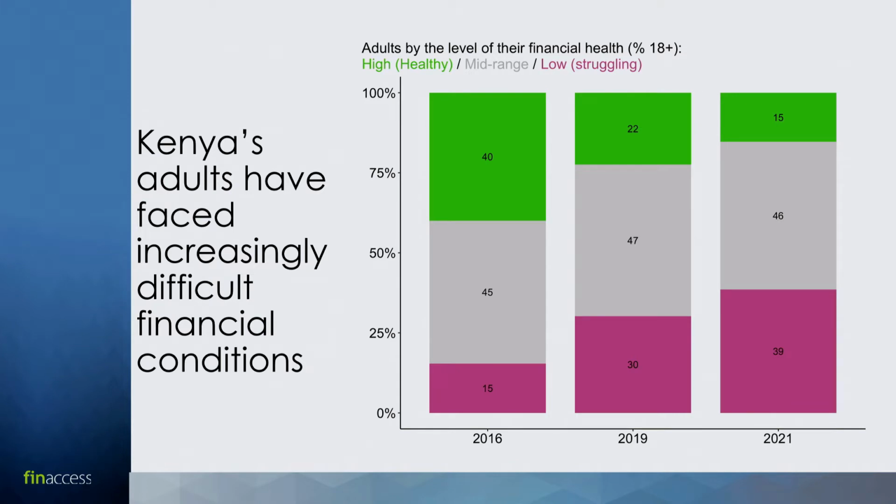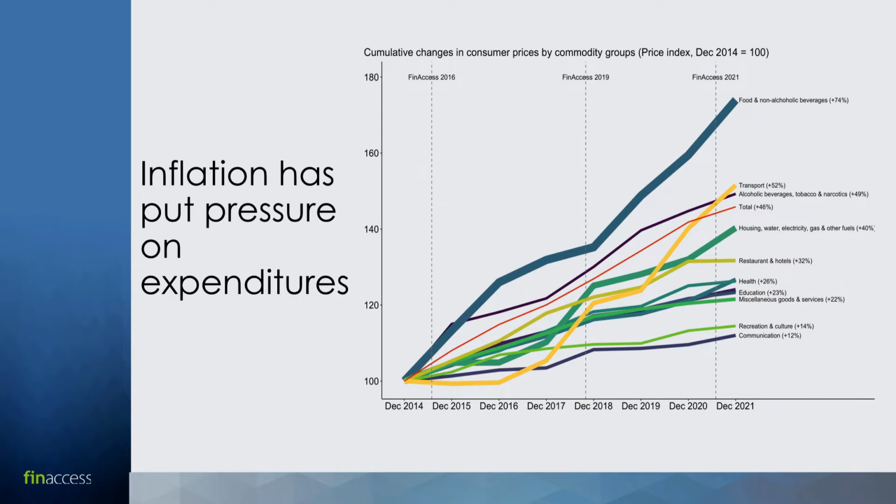Our analysis shows that only 15% of Kenyans, by our metric, can be considered to be financially healthy in 2021, whereas in 2016 it was 40%. And that's in parallel with the continuing growth in terms of access to financial products, financial inclusion. So we wanted to dig into what could be explaining that. And I think Christine alluded to that in her talk just now by saying, actually this relates not just to the financial sector, it also relates deeply to the wider economy.